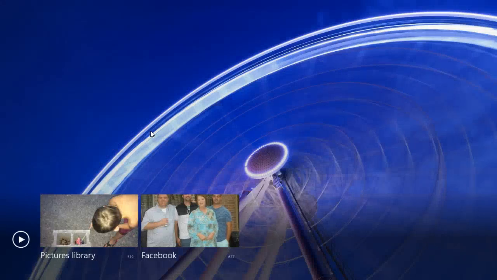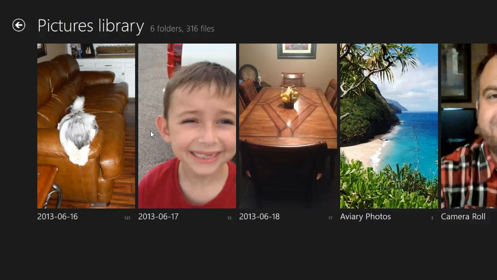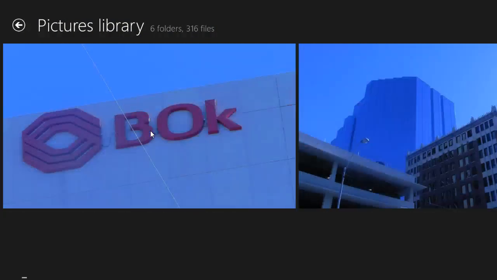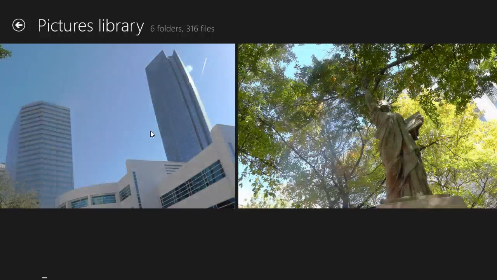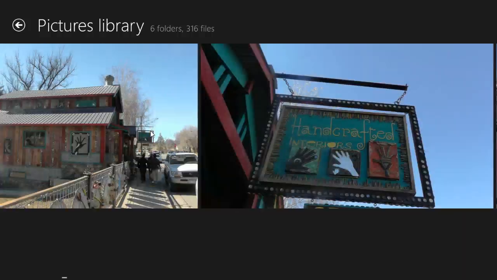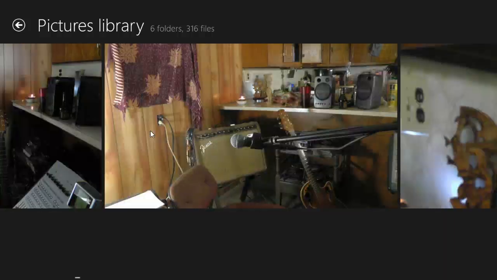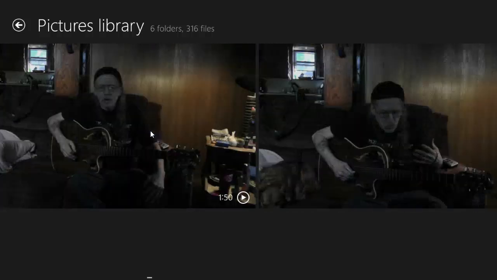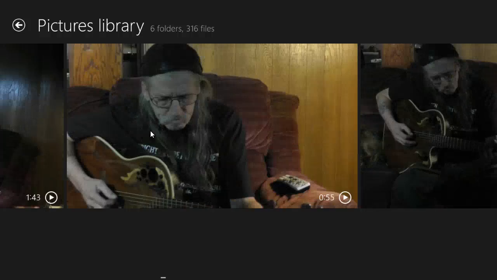Let's see. Well, not that it matters, but I thought you might want to see where I live in Edmond, Oklahoma. This is in Pagosa. This is Ron's house. Ron's a neighbor who lives down the hill from us in Eufaula, and I actually do videos of him. Excellent musician. I mean, the guy is just extremely talented, and we do a lot of videos together.